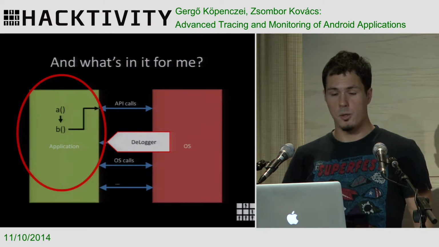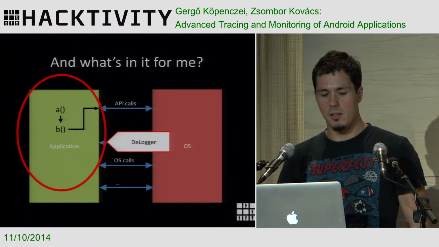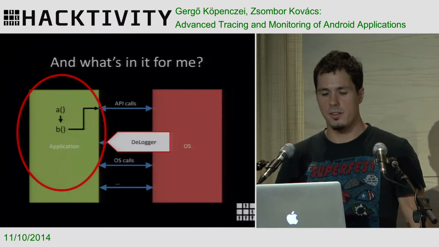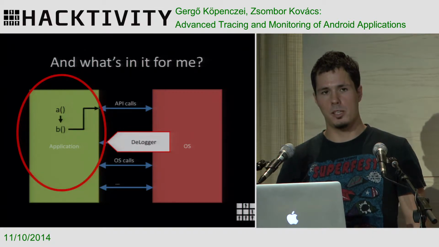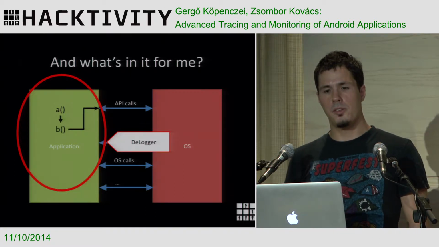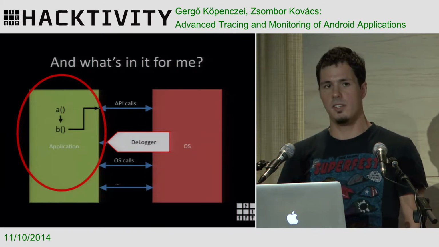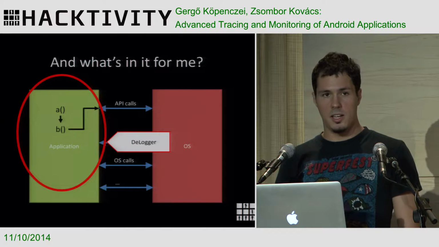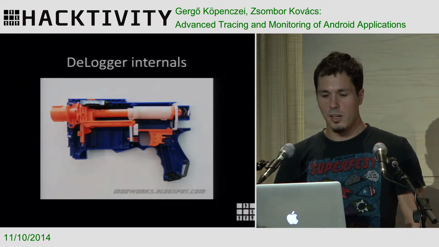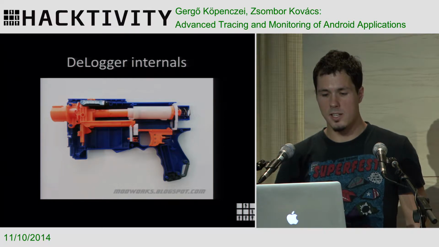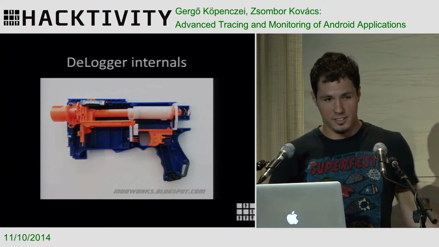So deLogger focuses on the internals of the application, but you will see later on that this is not entirely true. We can monitor when the application reaches out to the OS, but apart from logging it, we cannot intercept or intervene in any way. So this is only a tracing and monitoring method. Okay, and let's see how this works together, and I hand over to